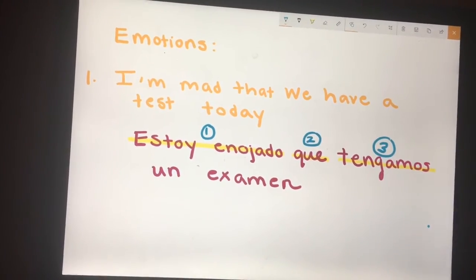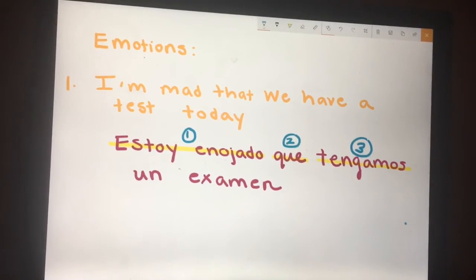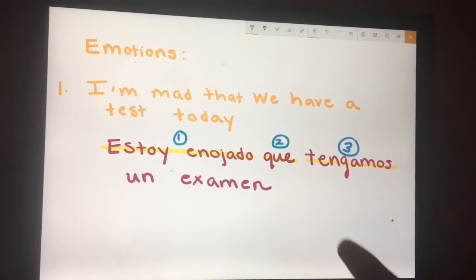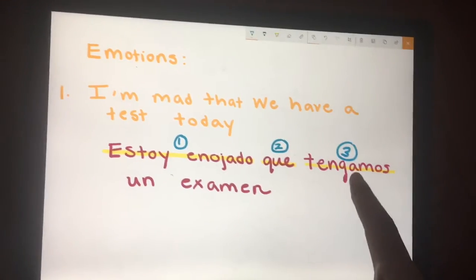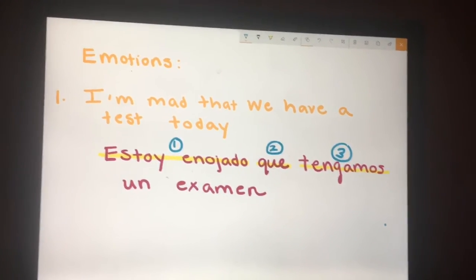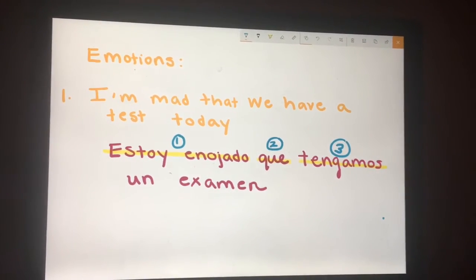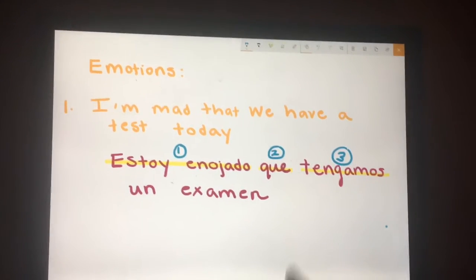That gives me the green light that I can go ahead and conjugate tener in the subjunctive form. So I get tengamos. The yo form of tener is tengo. I drop the O. I add the opposite endings because tener is an ER verb, so I have the amos,